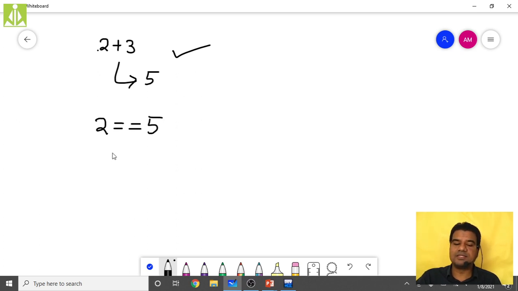I am doing like this. So what it is, I have the equal operator. This is my equal operator, and what it is doing, it is checking for the equality of these two operands, 2 and 5. So when it checks, it finds that the two operands are not equal, isn't it? So it indicates that unequal condition by returning a Boolean value.